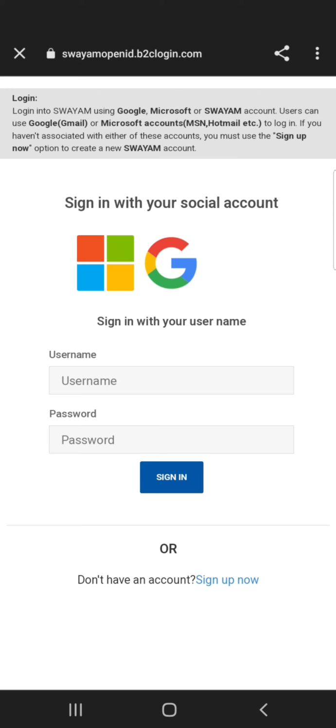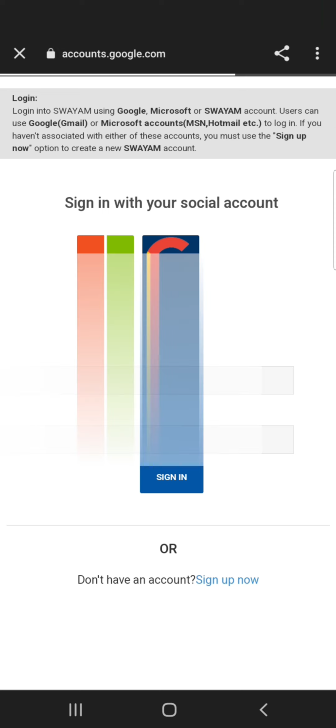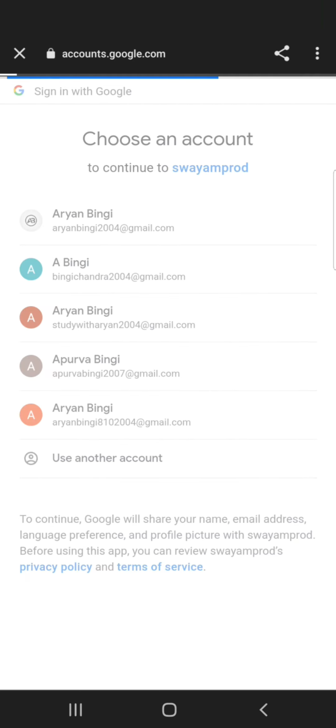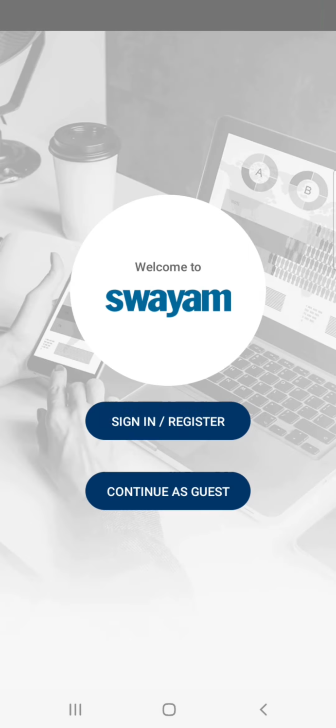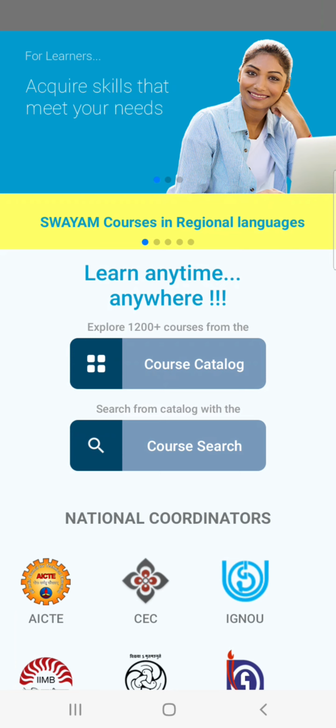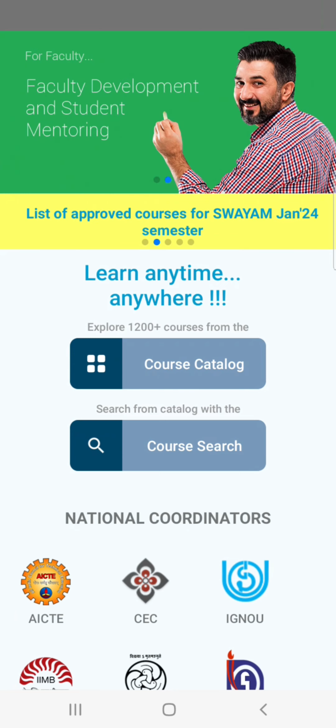Here you have to select the Google symbol. It will ask you for Google accounts, so I will select my account. So here I registered for the SWAYAM app. Now let's select course catalog,